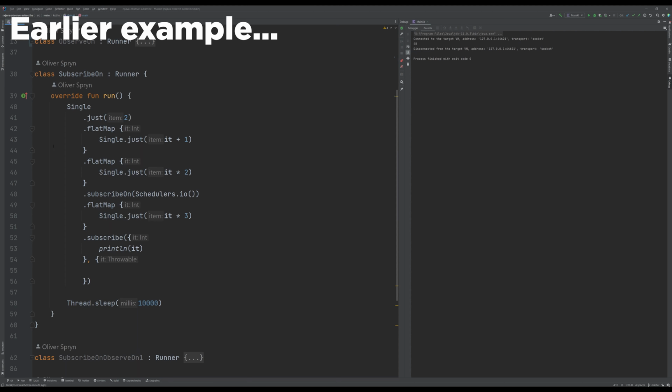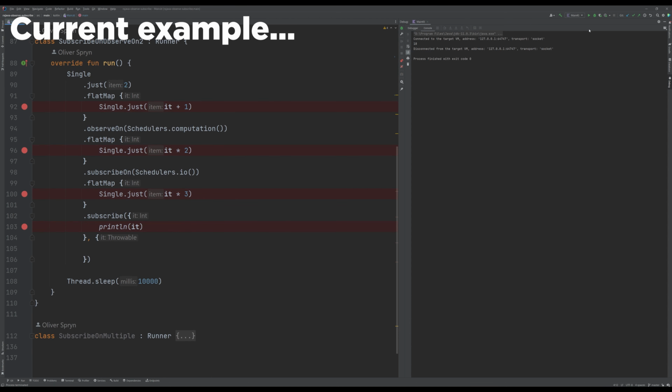But why? Earlier I said the subscribe on function goes both up and down. Well, yes, that's true, but with an asterisk. In the earlier example, I never told it to change to a different scheduler anywhere downstream. That's why it appeared as though it affected everything downstream. In this example, subscribing, or going up, worked as expected. Subscribe on is really intended for upstream scheduler changes. So it went the whole way up on the IO scheduler. And as things processed on the way down, then it switched to computation. Now you can see why the subscribe on function placement doesn't strictly matter.